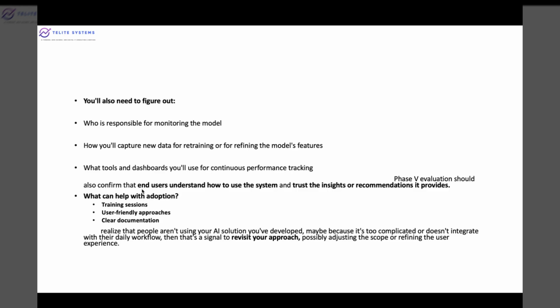We'll also need to figure out who is responsible for monitoring the model, how we will capture new data for retraining or refining the model features, and what tools and dashboards we will use for continuous performance tracking. In phase 5, evaluation should also confirm that end users understand how to use the system and trust the insights